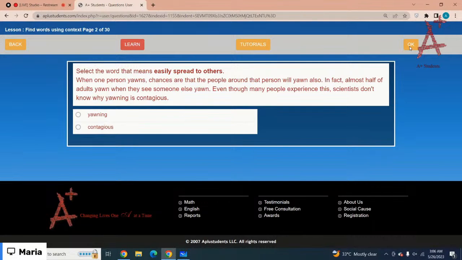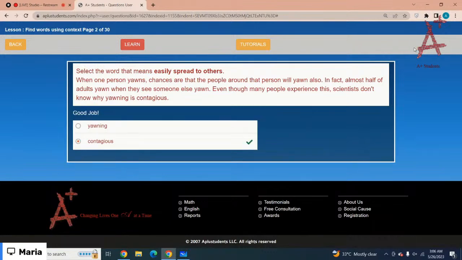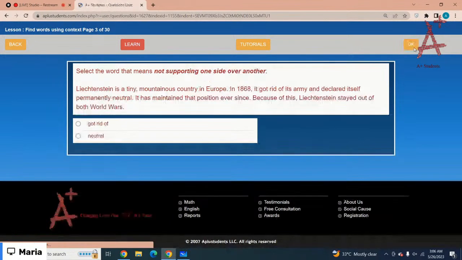Very good. Contagious means easily spread to others. The context clue here is, in fact, almost half of adults yawn when they see someone else yawn. That is the context clue. That means it is easily spread to others, and contagious is the word that means easily spread to others. Very good. Okay, the next one is